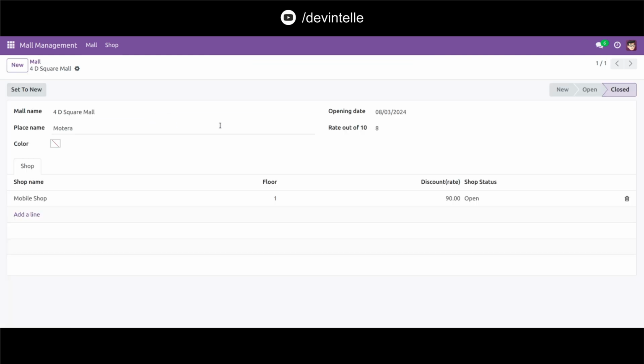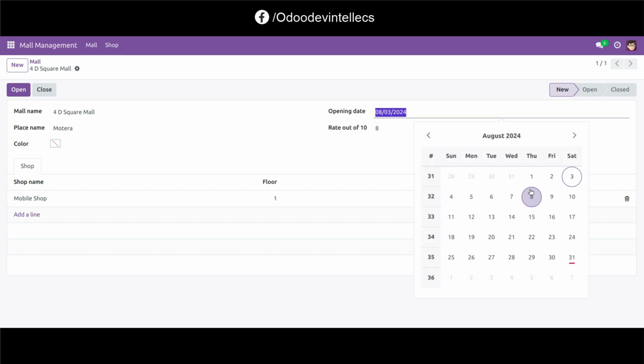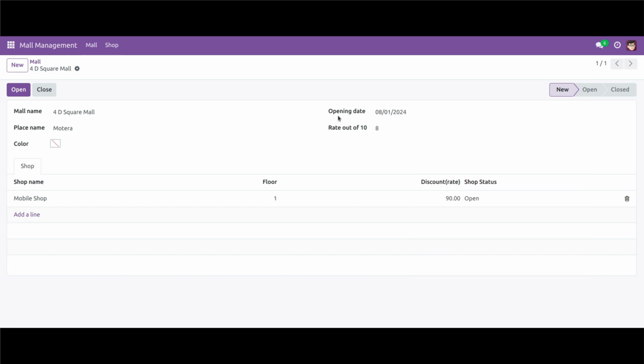Now you can see the record is in the new state, so this date field is editable. We can edit this field, but we set the condition that if this record moves into the open state, then this date field becomes read-only. So we click on this open button. You can see the record moves into the open state